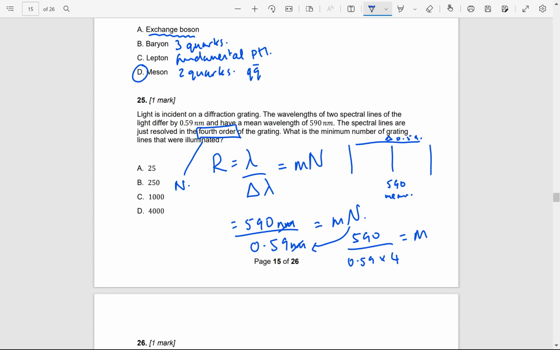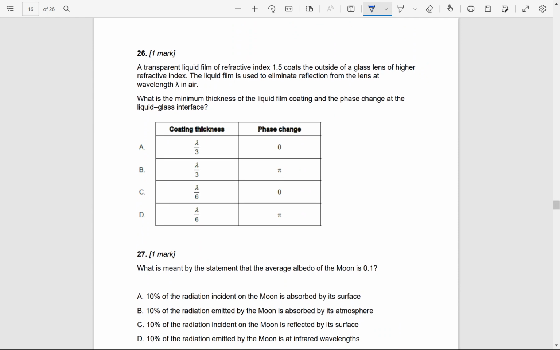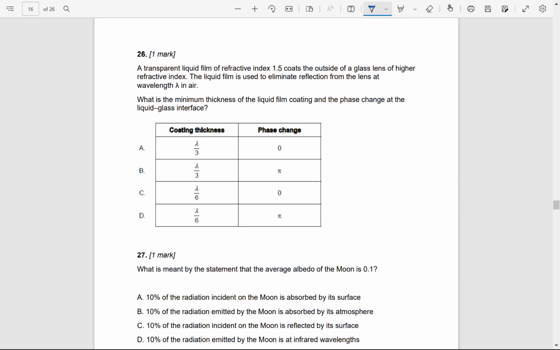Equals m. So 590 divided by 0.59 times 4 is 1000, divided by 4 is 250. Okay,